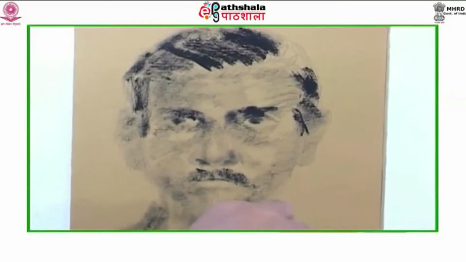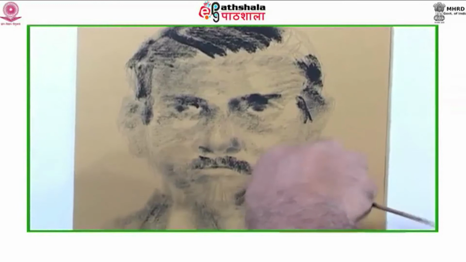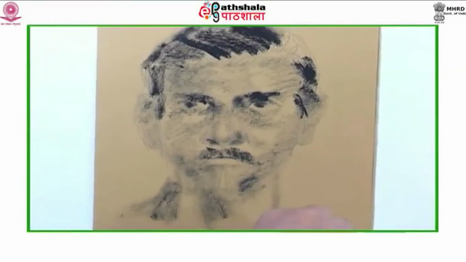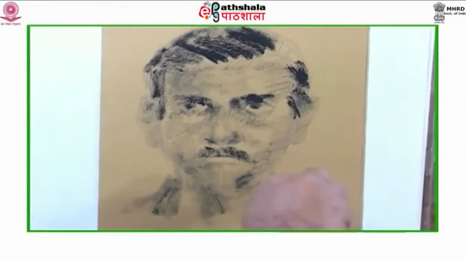Making the neck and the shadows on it. I will extend the strokes of the neck to the side to develop his shoulders.